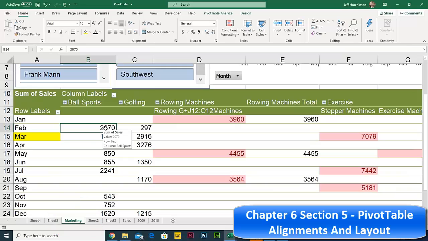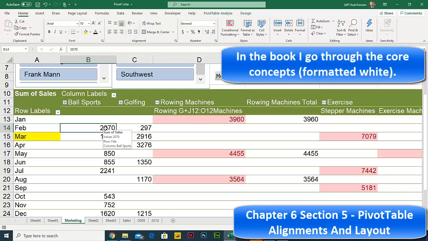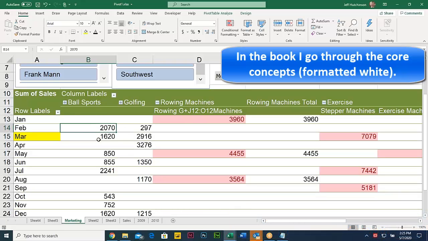So the pivot table is a very powerful tool, and you can reorganize it in a lot of different ways. But there are some specific tools that allow you to make it much clearer, much more understandable. That is kind of the goal of the pivot table. So it's just a matter of diving into it and seeing what you can do. And in the book, I go through the core concepts of what you need to know for that particular concept. Now, the next one I want to talk about